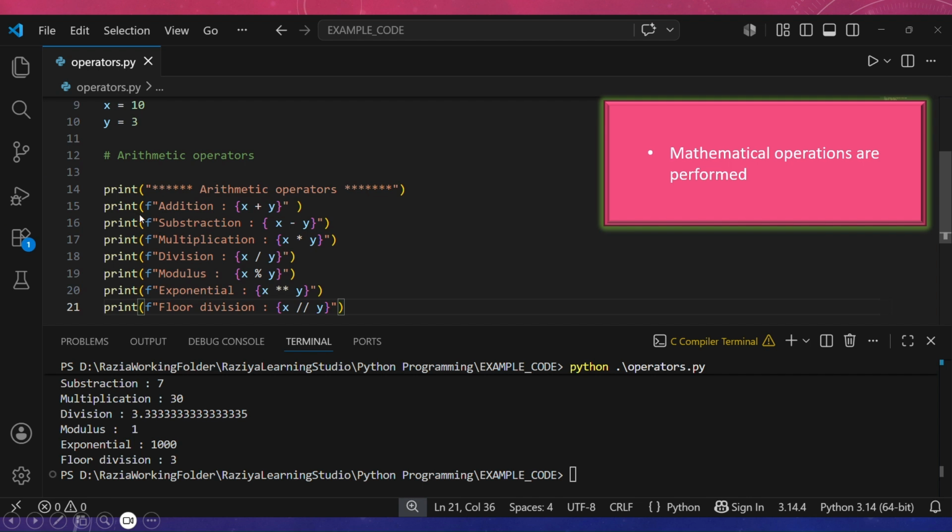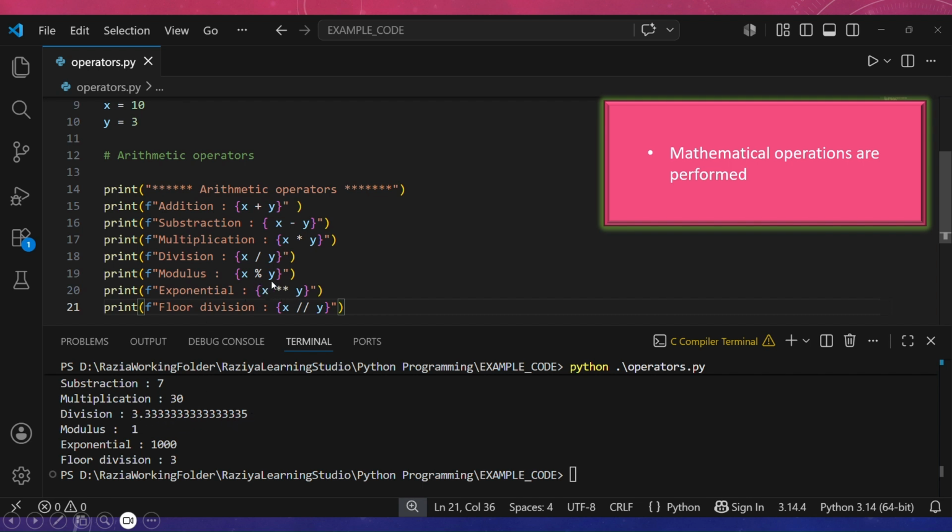I have used formatting so that I can use variables. Additionally, I can print string values also. Whatever is within the inverted commas will print as is, and whatever is in the curly braces, it will actually calculate and print the answer. If you see here, for subtraction it has printed as is, and x was 10. 10 minus 3 gave us 7. 10 multiplied by 3 gave us 30. 10 slash 3 gave us the quotient, correct? 3.3333, it's a recurring number.